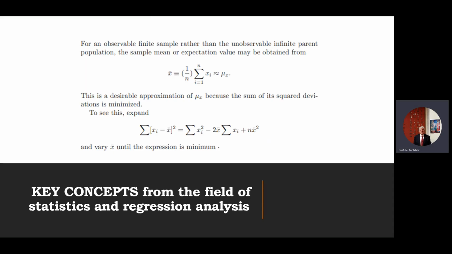In the next few slides, we will also introduce some key concepts from the field of statistics and regression analysis. First, modern data analysis produces results along with corresponding statistical error measurements based on the data mean and variance. For a small data sample with n smaller or equal to 15, variance is taken as the sum of the squared deviations divided by the degrees of freedom, v equals n minus 1, instead of n, which is appropriate for larger data sets.